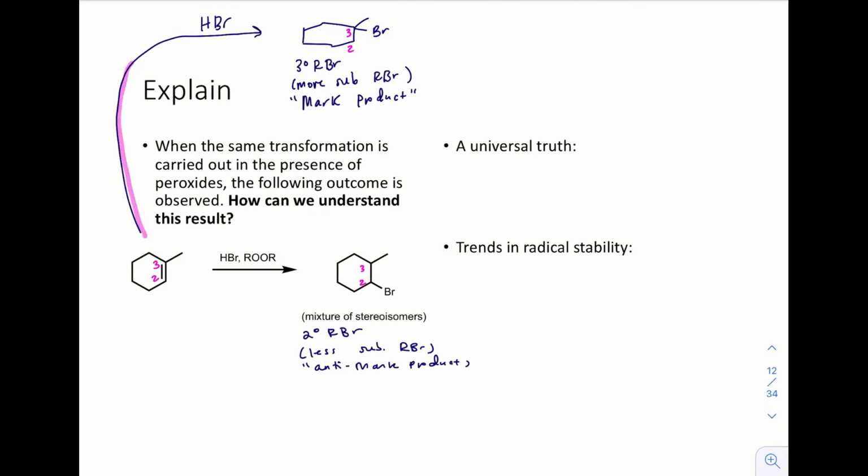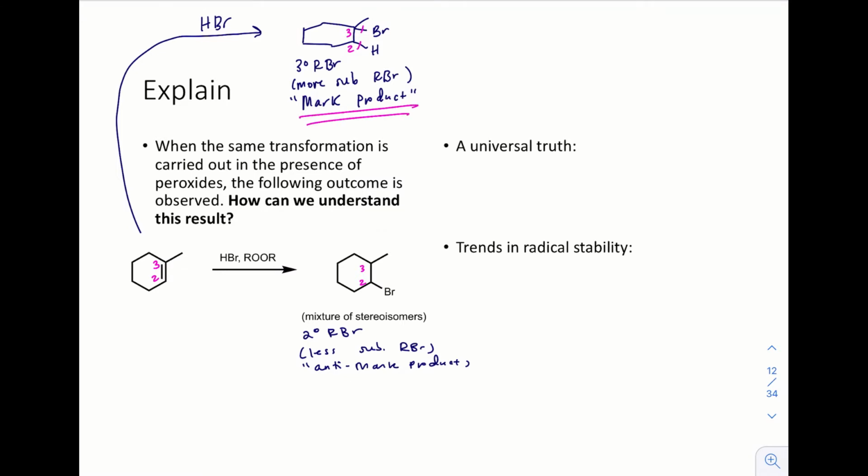For hydrohalogenation in the absence of peroxide contaminants, the hydrogen atom bonds to the less substituted carbon, carbon 2, and the bromine atom, as bromide, bonds to the more substituted carbon atom of the alkene, in this case carbon 3. This generates the tertiary alkyl bromide, the more substituted of the 2 possibilities, tertiary or secondary, which is referred to